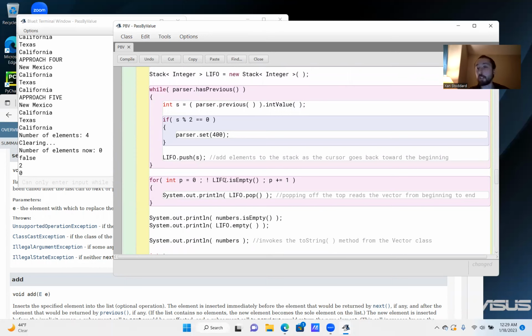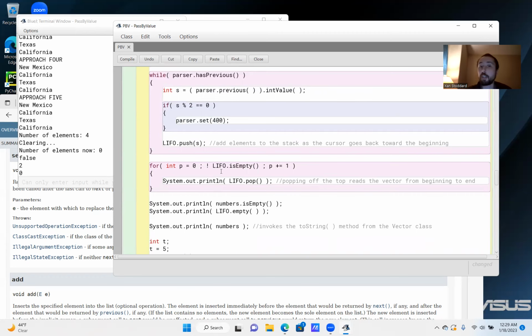not the case that LIFO dot is empty, right? So we said the stack class provides an instance method called empty. The empty method checks to see whether a stack is empty, but we also said stack is a subclass of vector. So any methods that vector gets, stack also gets. And vector has a method called isEmpty, and we can use the superclass's isEmpty method or just the regular empty method. But the point is that you could use either one. So for int p equals 0, not the case that LIFO, our stack, dot is empty, right? It's not going to be empty because we just pushed elements onto it from the list iterator that was going through the vector, right? But while it's not the case that the stack is empty, and p plus equals 1,